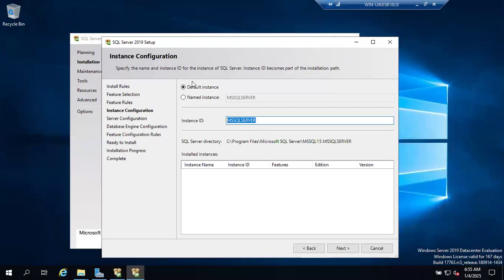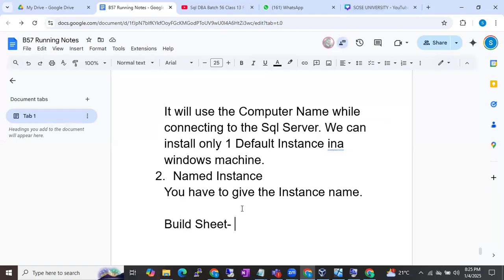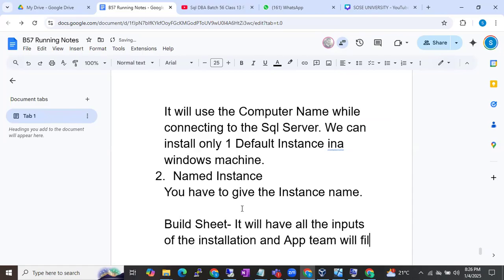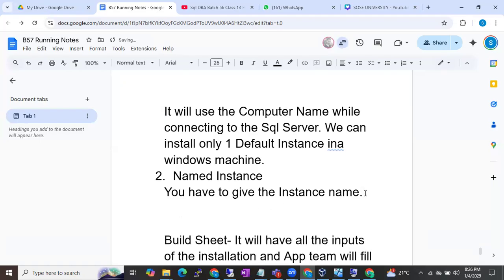Default instance, right? If you want to install a named instance, choose named instance, you have to give the name. While naming, you have to follow the standards. What are the standards? The build sheet will have all the inputs of the installation, and the app team will fill this build sheet. So you have to get the build sheet from the app team. They are going to attach this build sheet in the request. The ServiceNow request is there, right? They are going to attach this build sheet in the request, guys. So naming convention, it shouldn't be